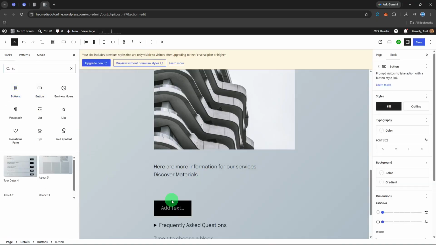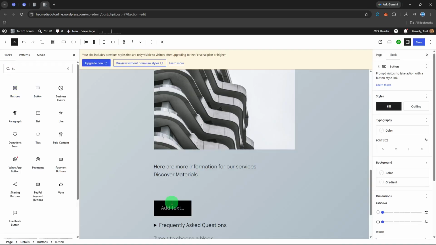Now I'm selecting the first details block. In the settings sidebar on the right, I look for the Open by Default option. I leave it switched off. That means everyone lands on the page and sees only the clickable summary. This is the setting I always leave off for toggles. If you turn it on, the content starts expanded, and then the toggle is just a collapsed section doing nothing